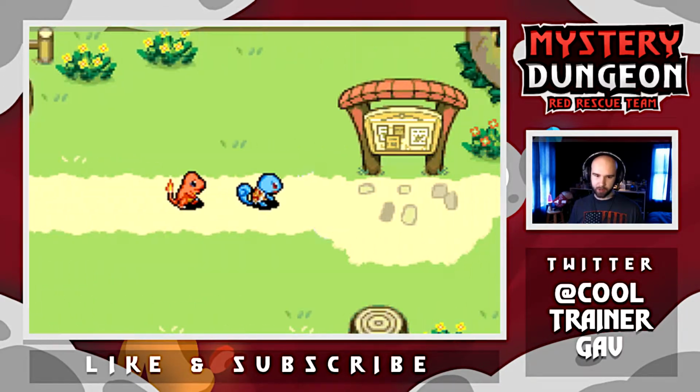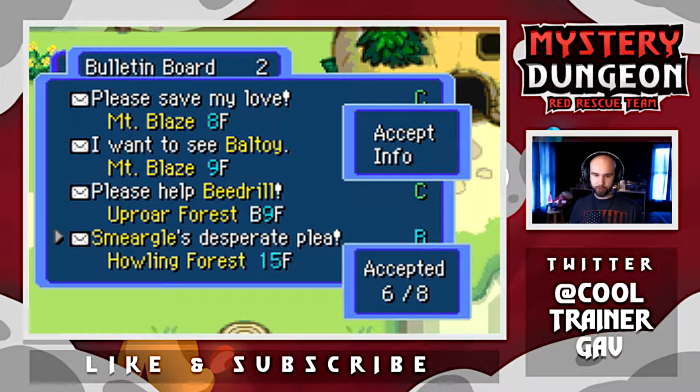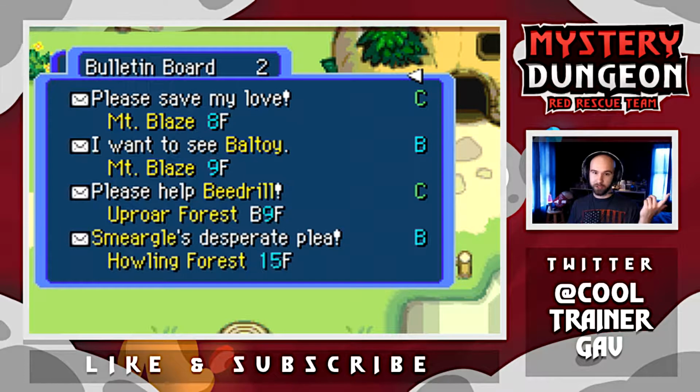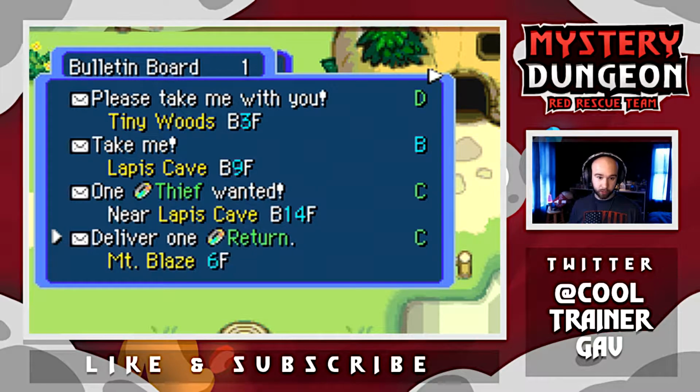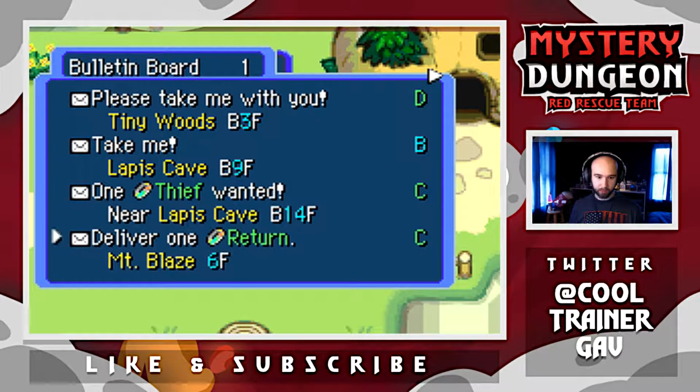Alright, what do we have for missions now? There's another one. This is when... Okay, so it does still show up. So this is our next mission. Luckily, we came over here and checked it. Smeargle's Desperate Plea. But before anything else, we need to scout some missions that will give us a lot of